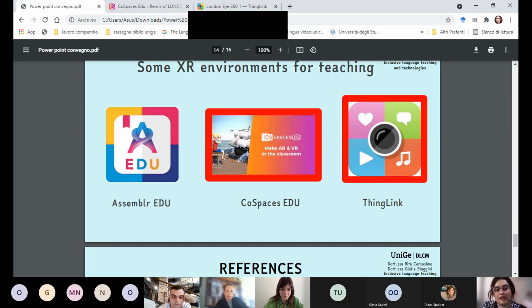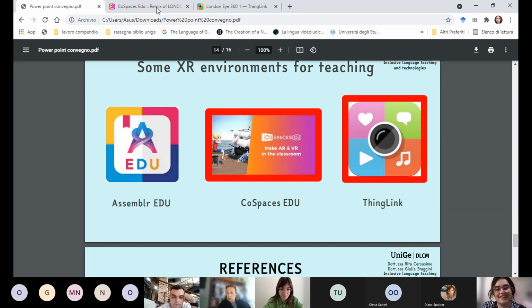So let me see if my computer is okay. Can you see